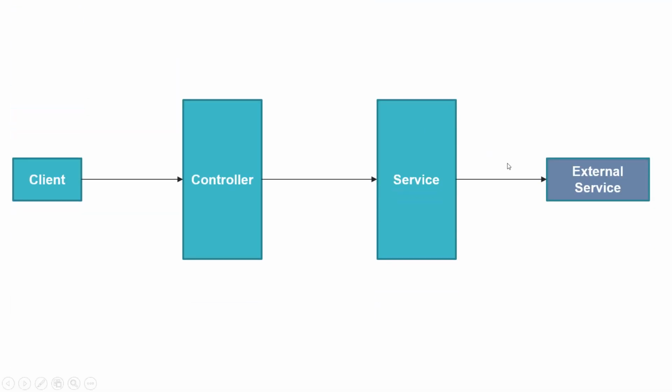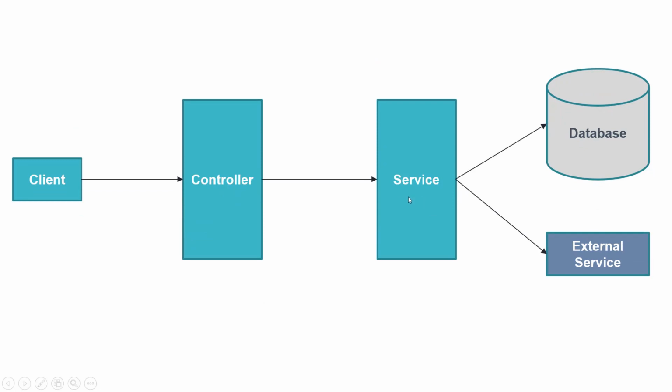Say we are just calling the external service and giving the response back to the client. There is no database. There is a third possibility as well, that we have seen, that we are first calling the database, we are getting some details, we are calling the external service as well, we are clubbing these two details and giving the response back to the client in the format of JSON. So likewise, we can have multiple possibilities over here.